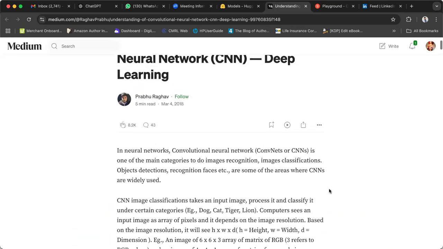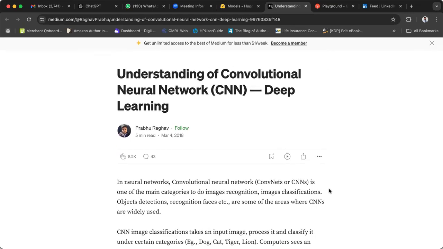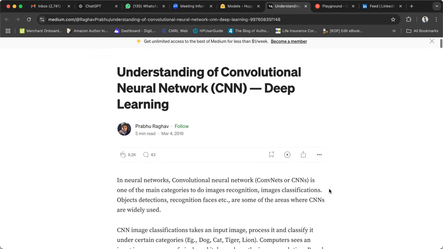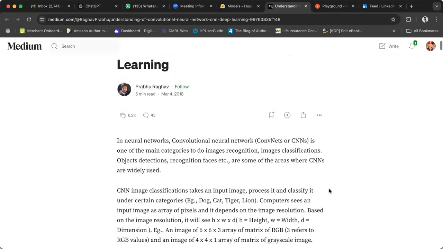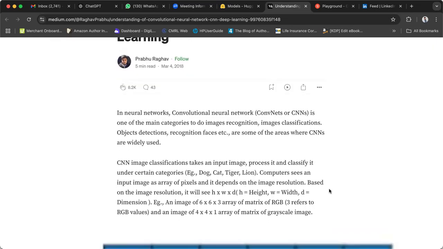Okay, so next is convolutional neural network. What is convolution? It is the recognition of an image by the system.